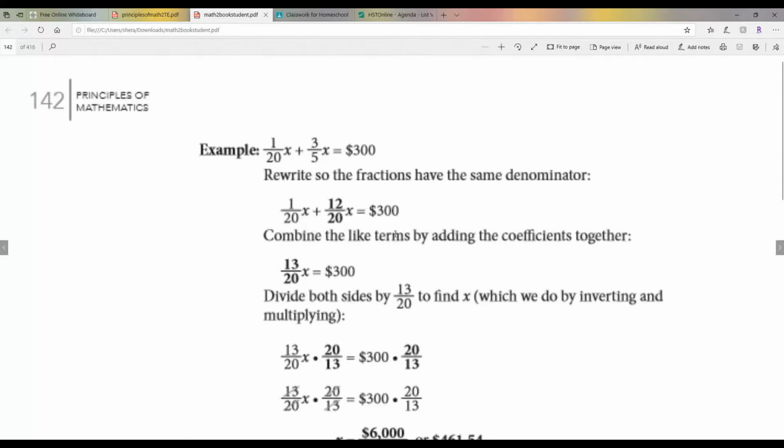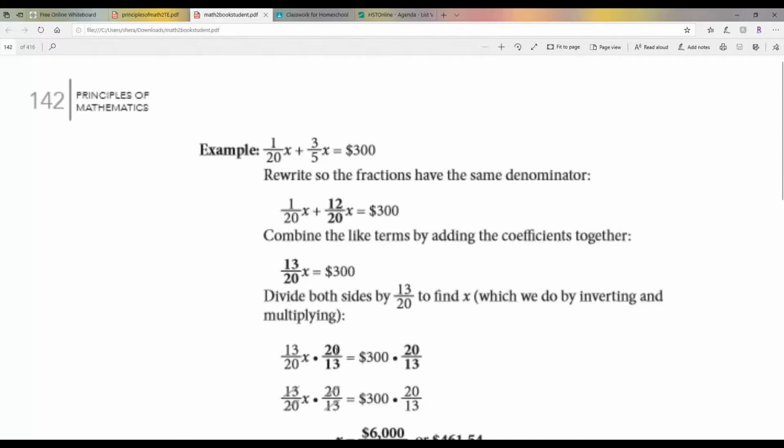So now we can combine the like terms by adding them together. So now we get 13/20 x, which is his salary, that's unknown, equals 300. Well, now we need to get x by itself. So we need to divide both sides by 13/20 to find x, which we do by inverting and multiplying. Remember how to do that? You're going to take 13/20 and you're going to flip it. You're going to take the reciprocal, because that's how you